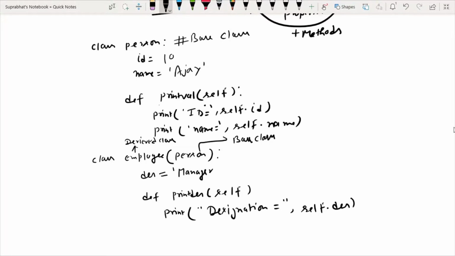Now we have this base class and this one is the derived class.